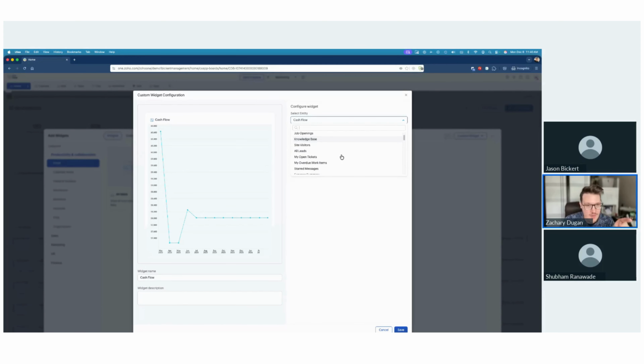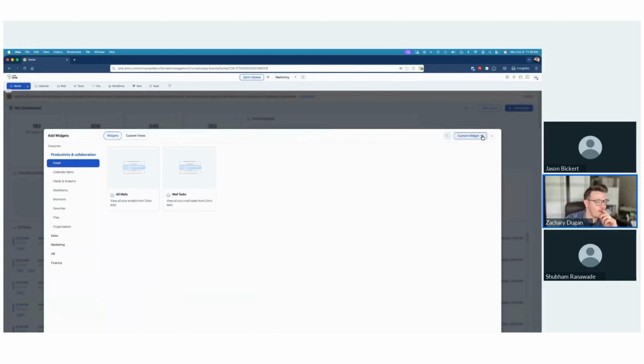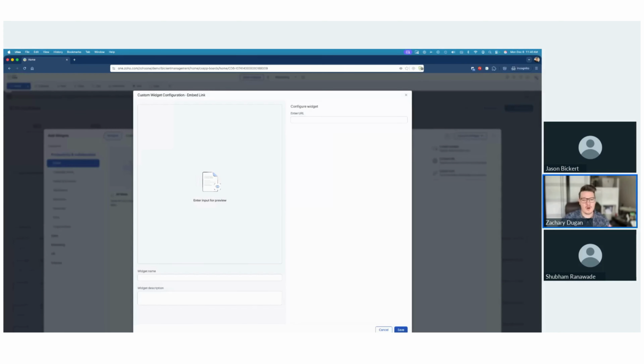But if you know the app pretty well, like for all leads, for example, from the Zoho CRM, if you wanted to pull in a custom view, you could do that. The other cool thing is maybe you're already deep into Zoho Analytics, and you've got a dashboard in there, and you're like, well, great, I'm going to have my Zoho Home dashboard and my Analytics dashboard. And I did show you earlier, you could choose which one you wanted to look at, but you could do both too. If you have your permalink for that Zoho Analytics dashboard or component that you have in there,